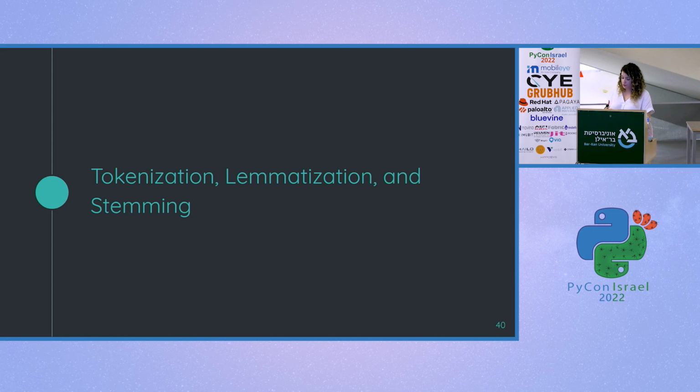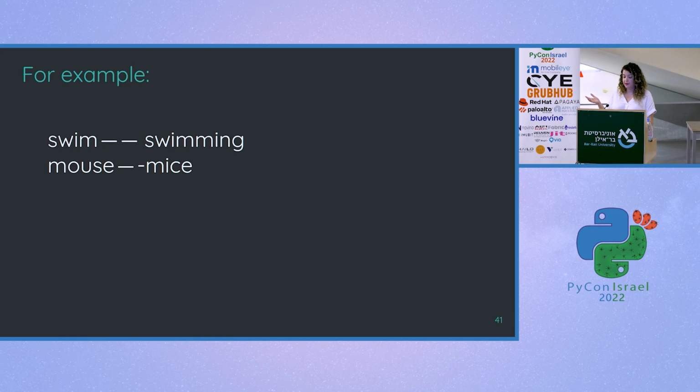Another concept of NLP is tokenizing, lemmatization, and stemming, meaning that we're converting the words into their basic form. Swimming becomes swim, swimmer, swimmers, swam become swim, mice becomes mouse. It's just converting the words into their basic form. But when we're using NLP concepts for event prediction, we don't really need to use those concepts, even though they are very, very basic in NLP.